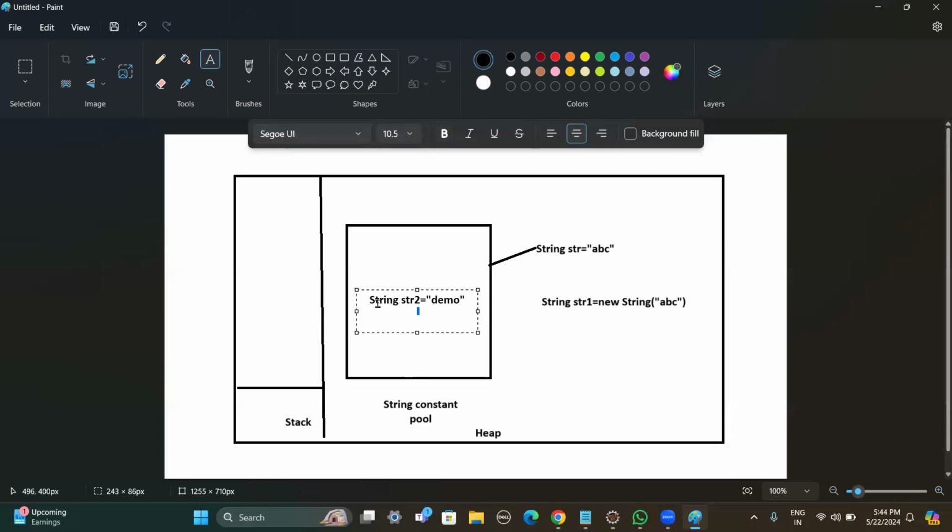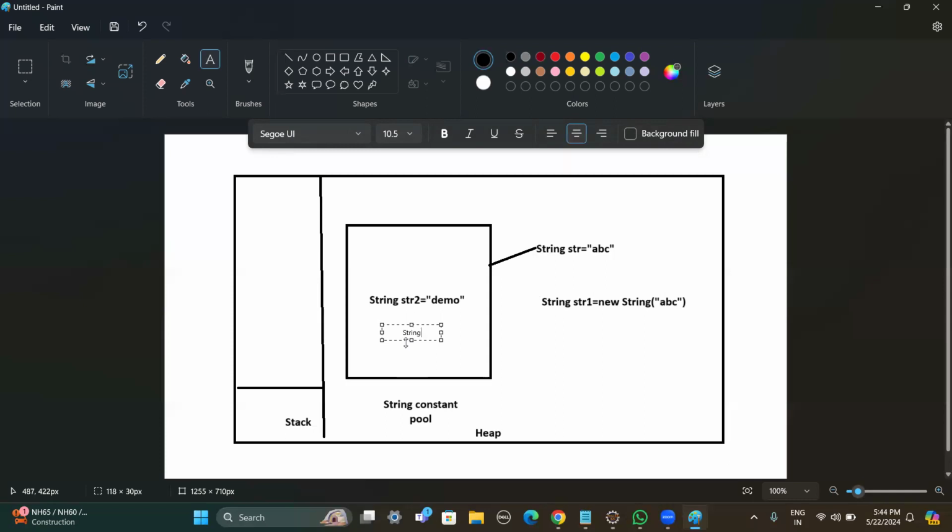Whenever we create the object without using the new keyword, that object is created in the string constant pool. And whenever we create the object by using the new keyword, that object is created inside the heap area. And I will try to create another